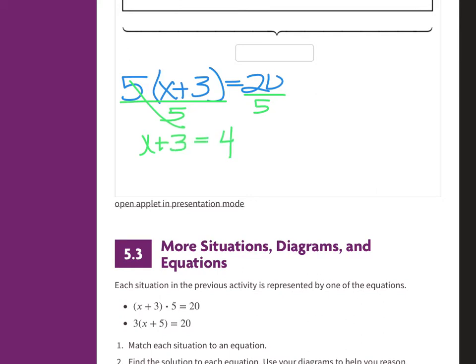So remember, our whole goal is to get the x by itself. So we have the 3 that we need to get rid of because it's on the same side. To get rid of a plus 3, we're going to do the opposite, which is minus 3. So 3 minus 3 goes away. I bring the x down, and I have 4 minus 3 equals 1. So the answer for that one is 1. All right, looking at the second one,